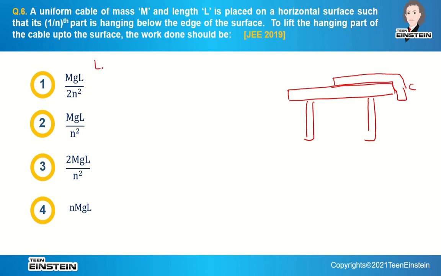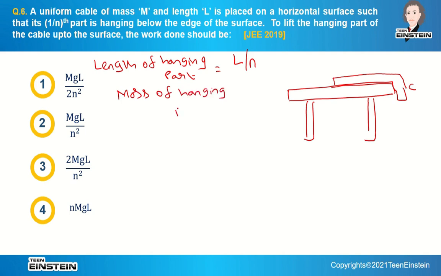The length of the hanging part is L by n, and the mass of the hanging part is m by n. And then the weight of the hanging part is